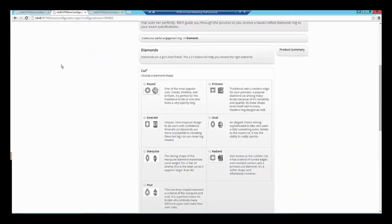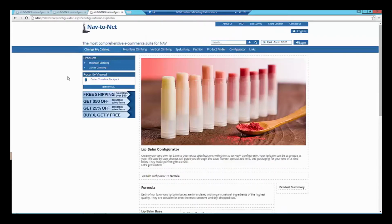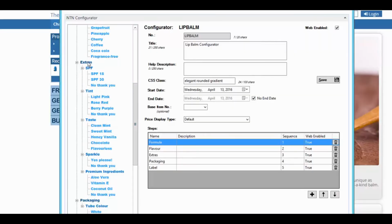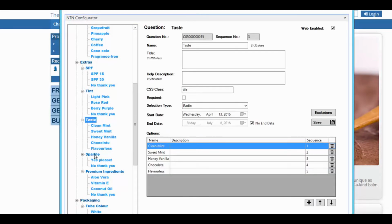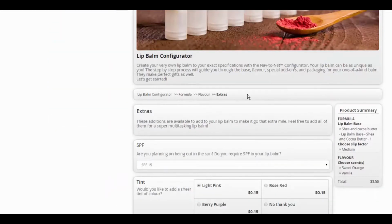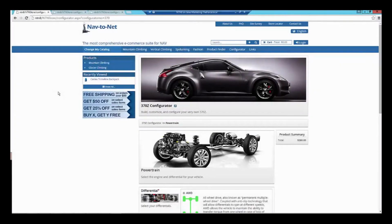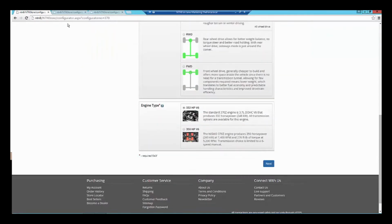The Nav-to-Net Product Configurator is a guided selling wizard integrated with Microsoft Dynamics Business Central, or NAV. The step-by-step process is managed entirely in Business Central NAV, and can help guide your customers to better buying decisions while streamlining the sales of customized items. Configurator acts like a sales representative on your website, defining and articulating customer motivations and needs while presenting features, customizations,